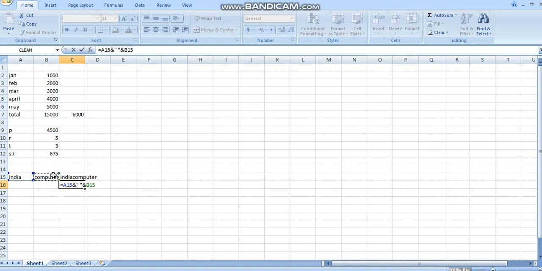Understand please, I have to write equal to, then select India, then ampersand, then double inverted commas with a space in between, then ampersand, then B15. I'll press enter. See, the two text values are added with a space in between. This is called concatenation.